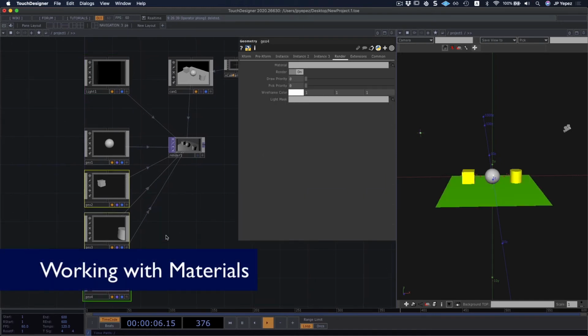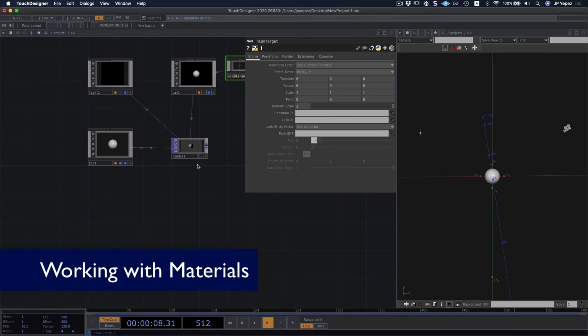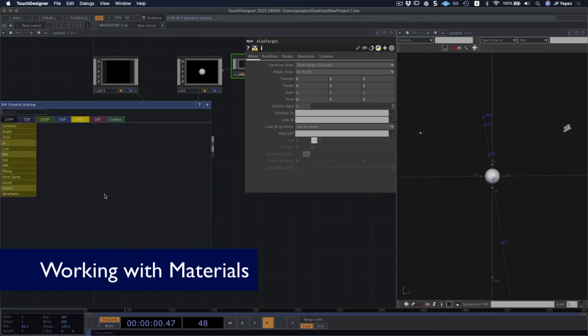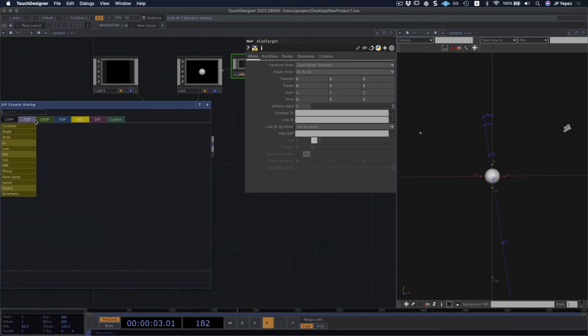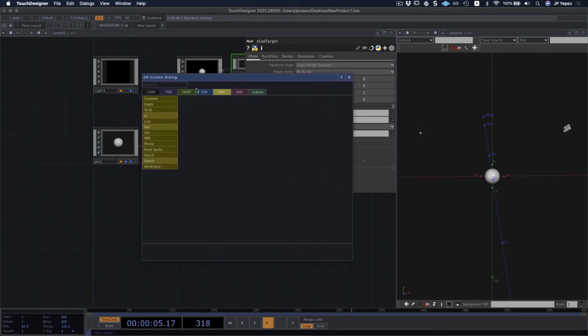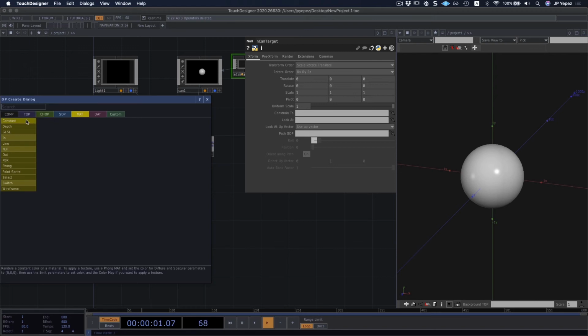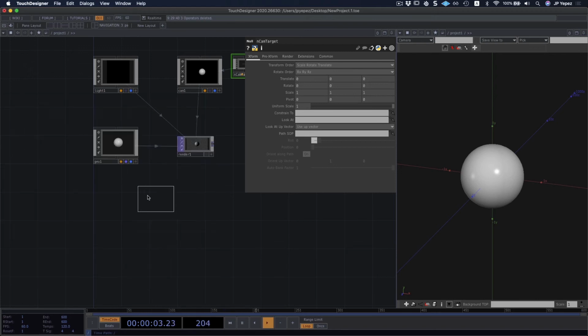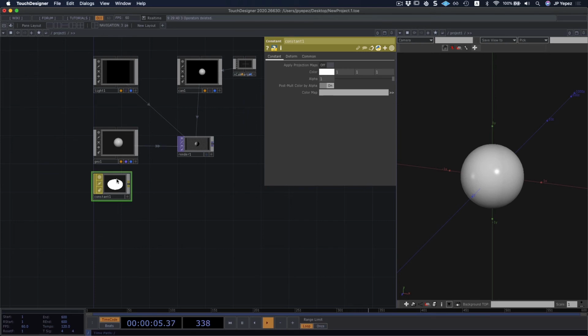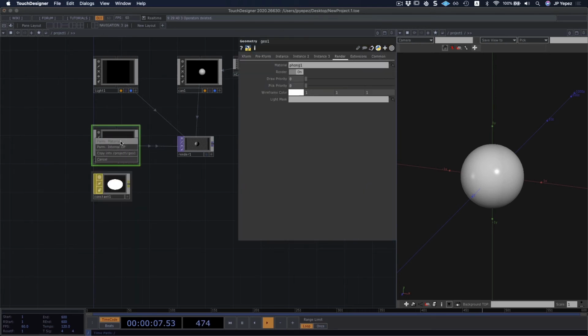So let's get rid of all of these geos, which we don't need anymore. And the final step is that we're gonna explore different types of materials in our create dialog. Right now, we have our geometry, which is simply this plain white geometry sitting in the middle of our scene. But what if I want a different look for it? Materials are what's gonna allow me to do this. And to get started, we're gonna add a constant material.